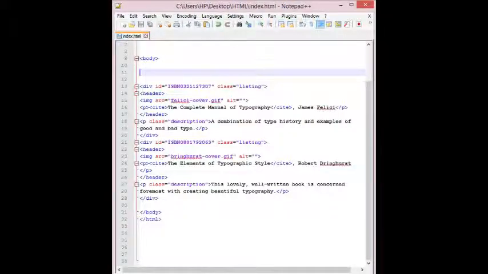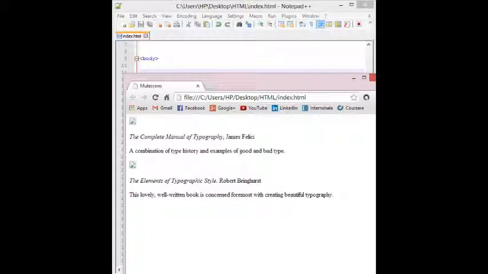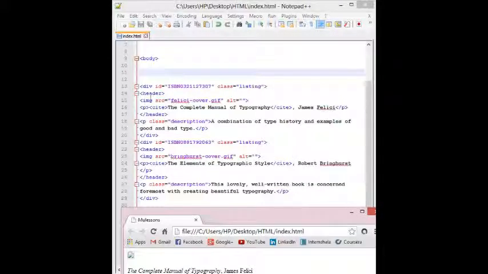So let's save it and run it. Okay, and notice how the same element may both have a class and an ID. So here you can see that an element of one book has an ID and a class also, and the class of all the elements is the same, listing. Okay, and when there is a list of class values, simply separate them with spaces.